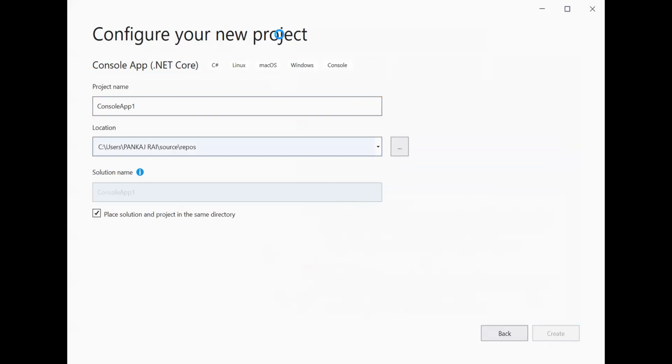Okay, so I'm opening. We can define a new class here. Pankaj, sir, the screen is not visible now.